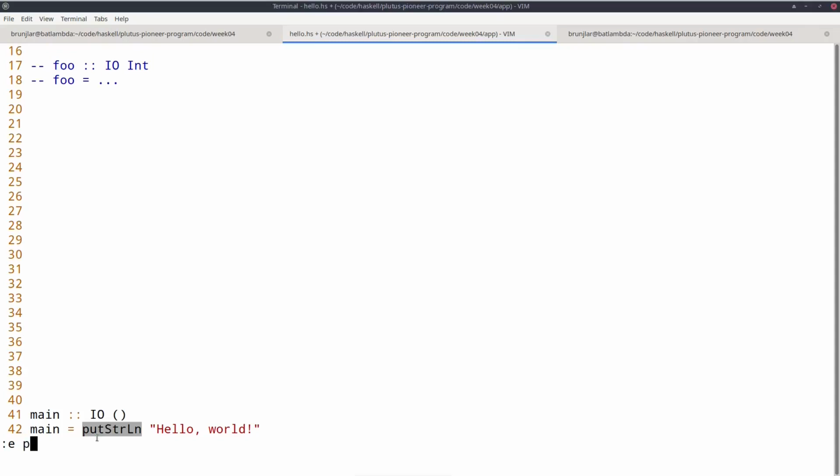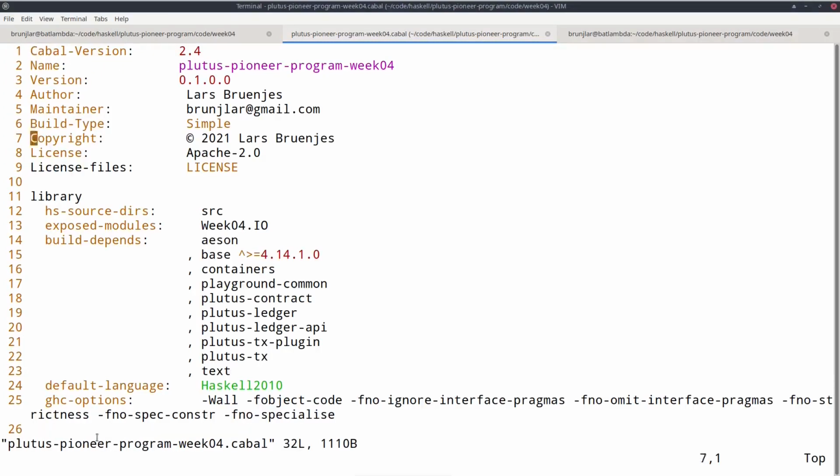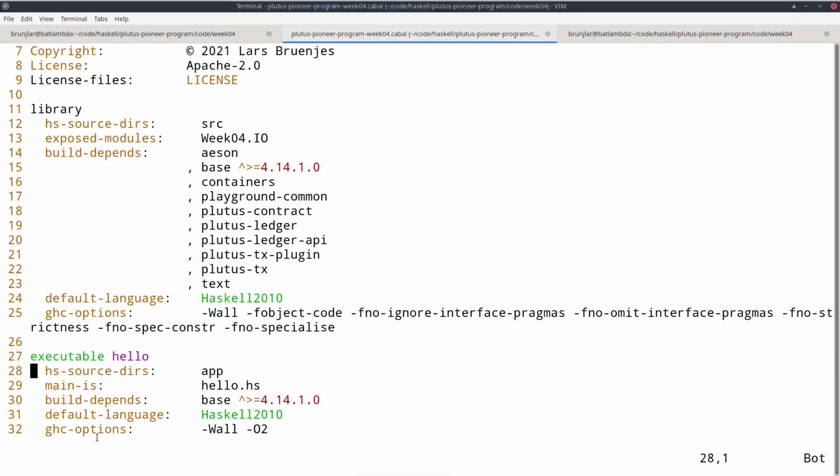I should briefly show you the cabal file as well. So until now, in our previous examples, we only had this one stanza, the library stanza. So we were always just writing Haskell libraries without a main program, without an executable. Now I added this executable stanza, where I just specify the source directory and then which file contains the main module. So I called it Hello.hs. So here's an exception. Normally, Haskell modules always have to have the file name equal the module name. Executables are an exception. So the module name is always Main, but the file can have a different name, like Hello in this example.